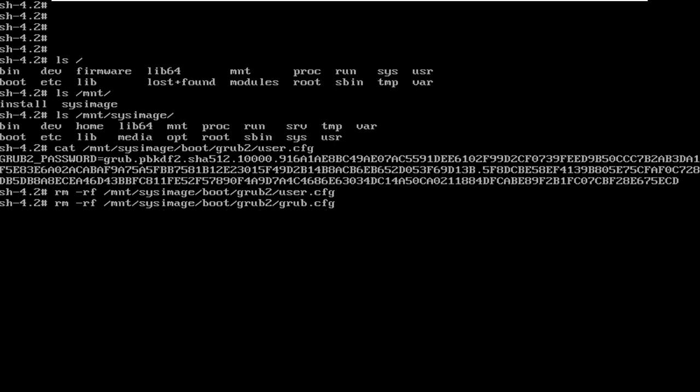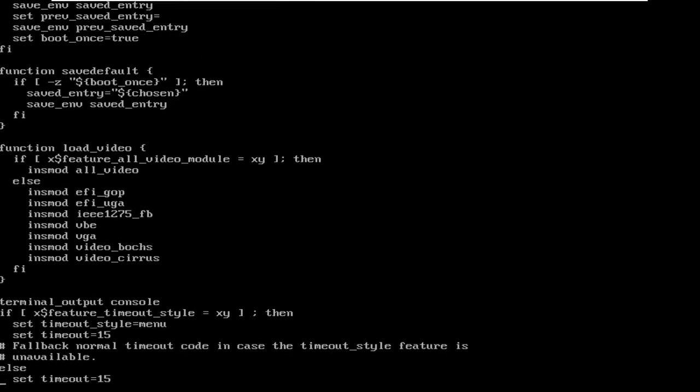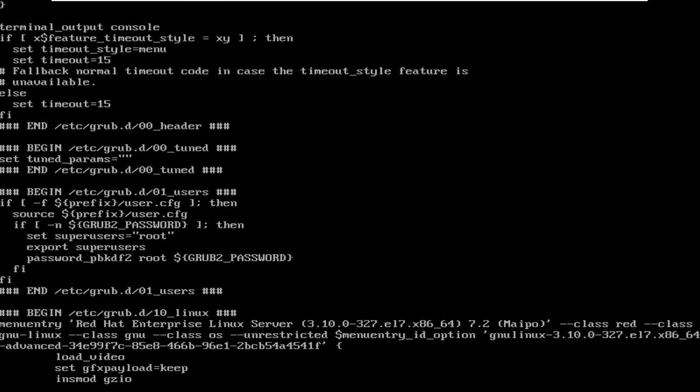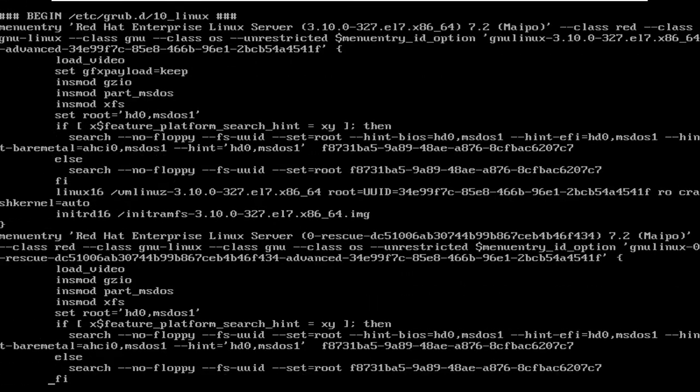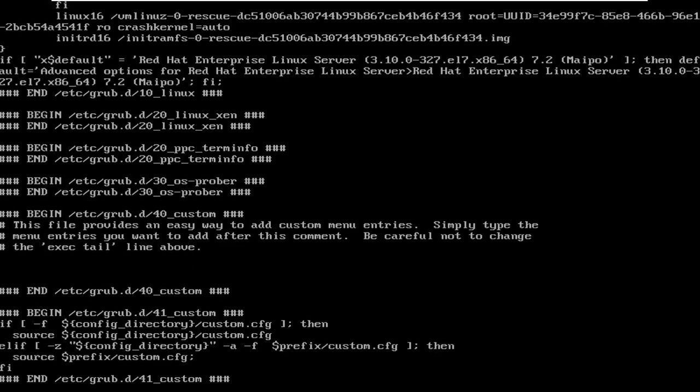We can just go to the file using vi, find where the password is, and delete the line for the password. Right now we don't have any because we have removed it. So suppose it is written in the custom file here, you can just find the line and delete it. Done, the password is removed.